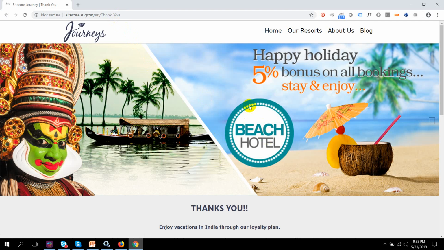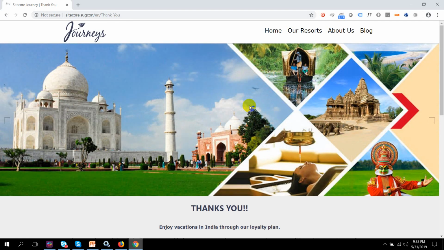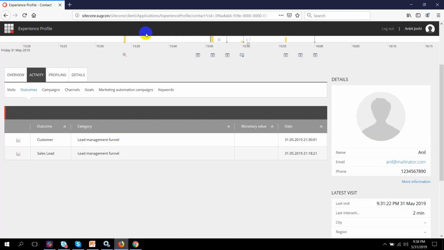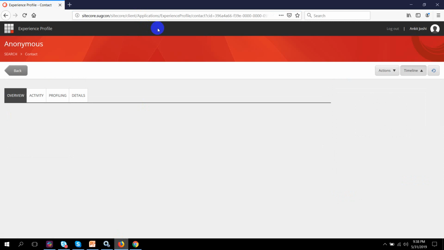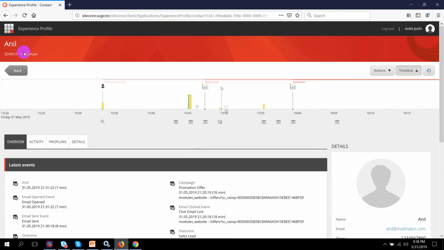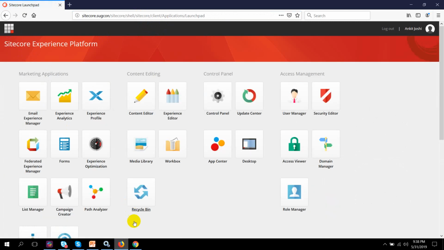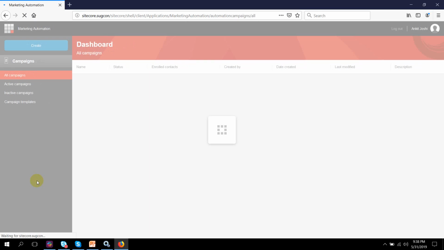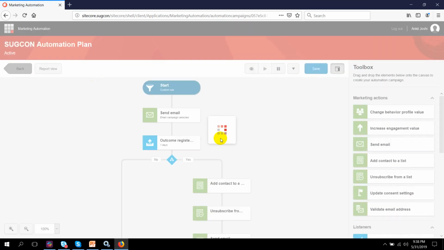But the important thing to note here is, as soon as the user submits the form, assuming he is really happy with the services provided, he was a customer, but he has now become a satisfied customer. So if we go back to the automation plan, let me close this and refresh it. Okay, if I go to my automation plan and click on the report view,